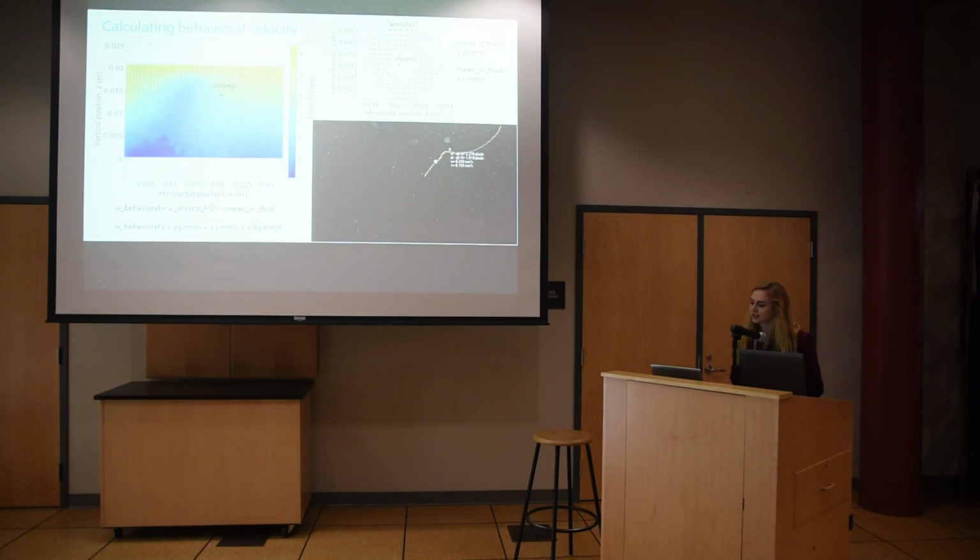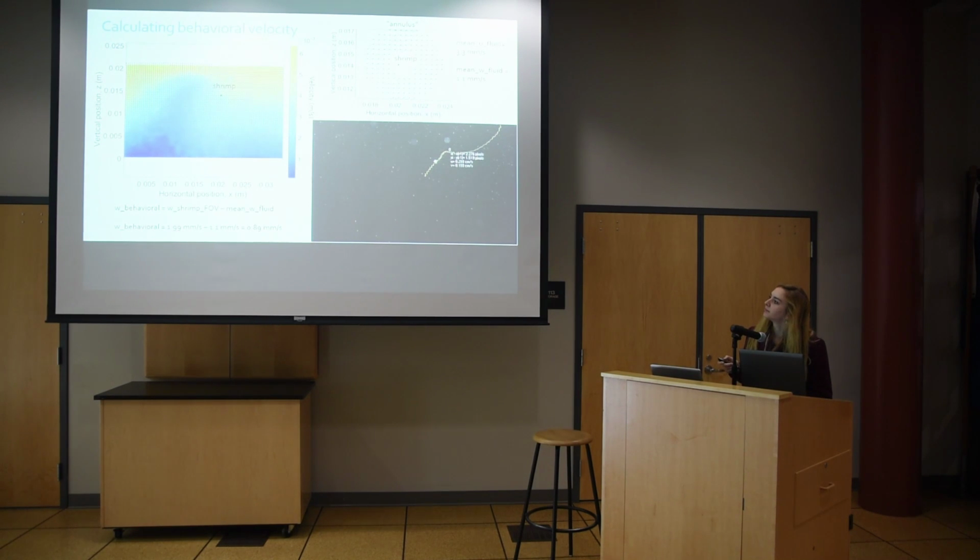But here is some of our data. This graph right here is showing a trajectory of one brine shrimp's movement in an image sequence. So we have the vertical and horizontal velocity of its overall velocity relative to the camera. And then right here, we used a different software, it's the same shrimp, same surrounding fluid. But we want to know the velocity that the surrounding fluid is going at. So in this graph the little arrows are indicating the direction, and the color is indicating the speed of the surrounding